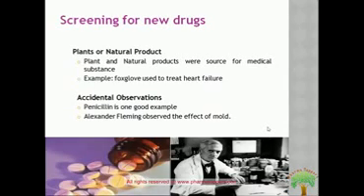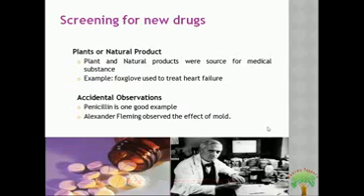And coming to the history of the drug development, what is the history? Screening for the new drugs. What is the necessity for the screening of new drugs, even if there are many drugs available in the market nowadays? Coming to the screening,